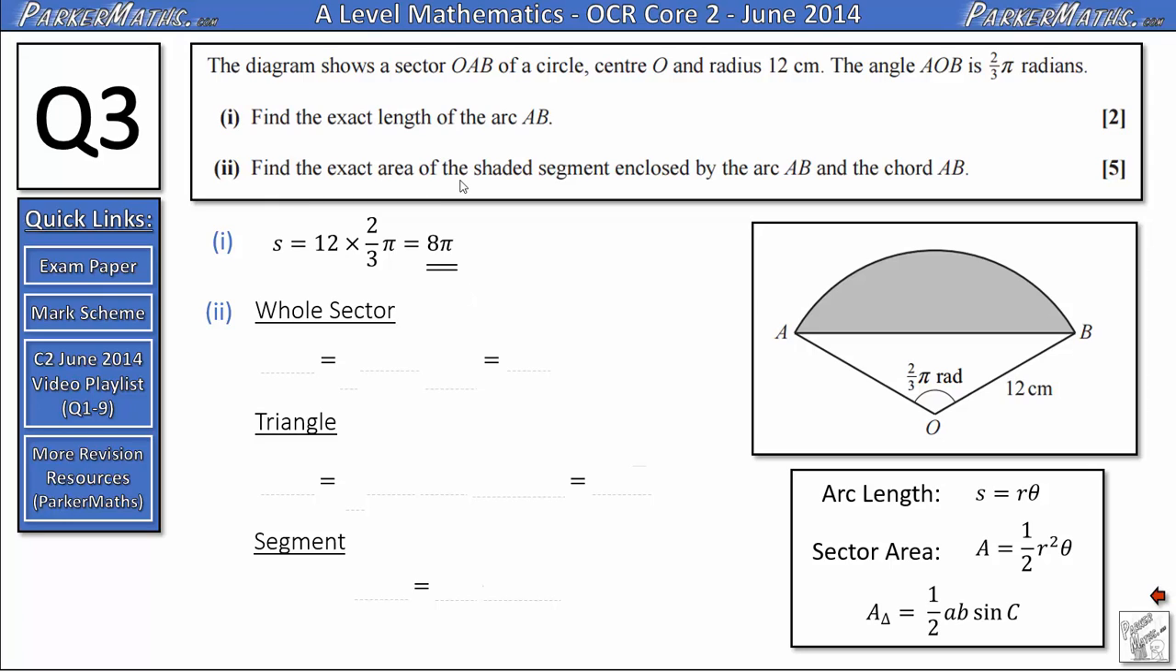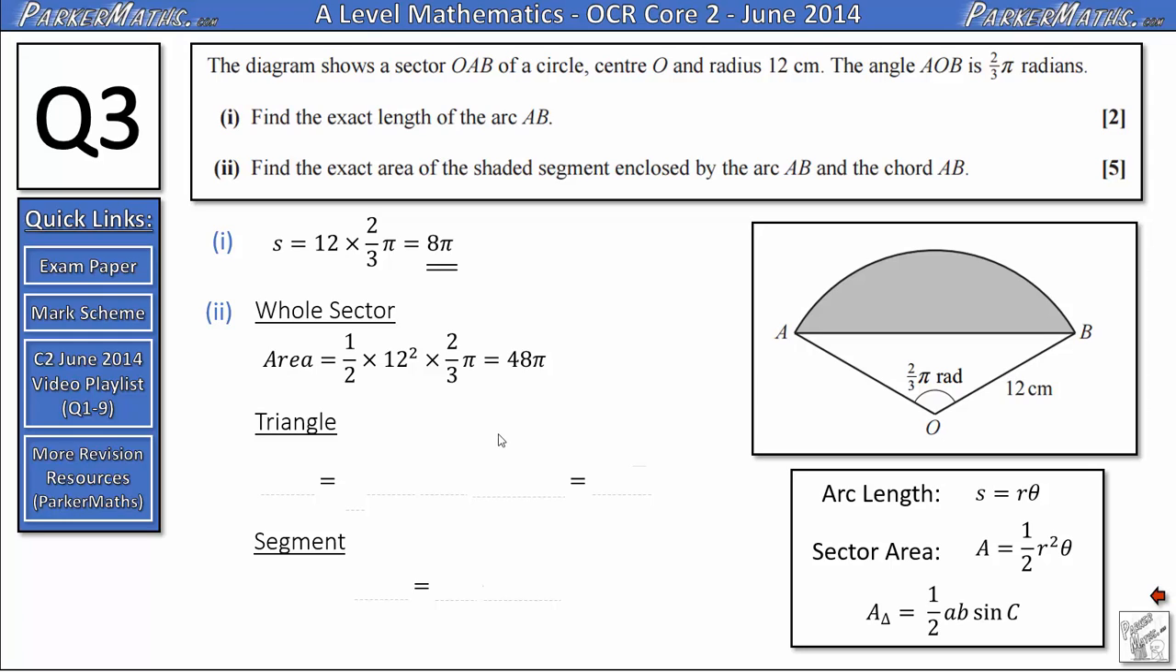In part 2 we need to find the exact area of the shaded segment. In order to do that, we're first going to find the area of the sector, which is the whole of this shape, and then we're going to subtract the bit that we don't want, which is this triangle here. So to find the area of the sector, we're going to do A equals a half r squared theta, where theta is in radians. So the area is a half multiplied by 12 squared multiplied by 2/3 pi. 12 squared is 144, half that you get 72, and then 2/3 of 72 is 48, so we get 48